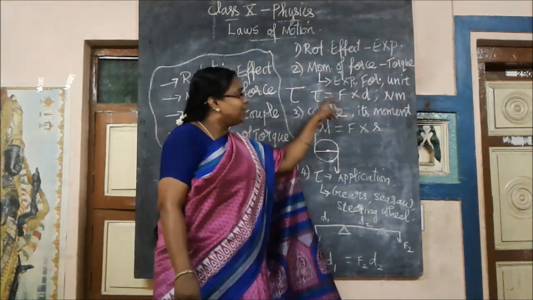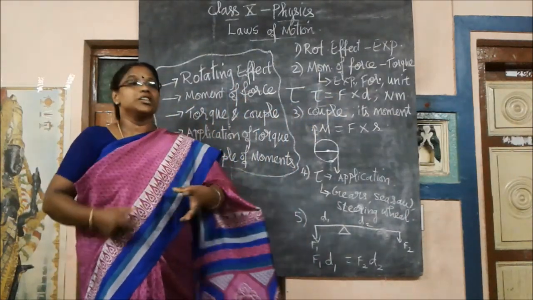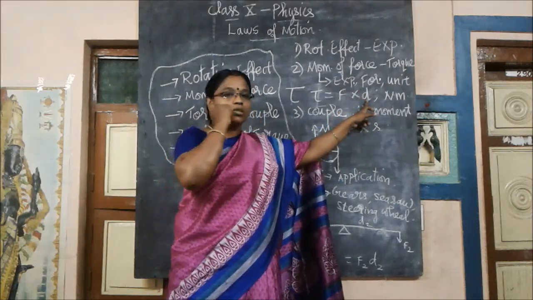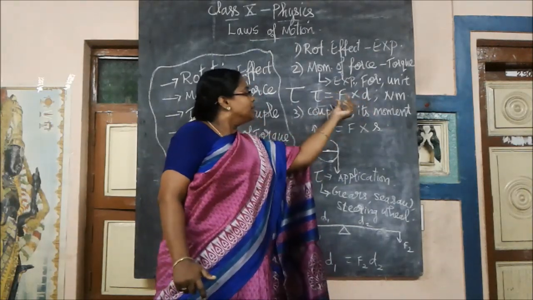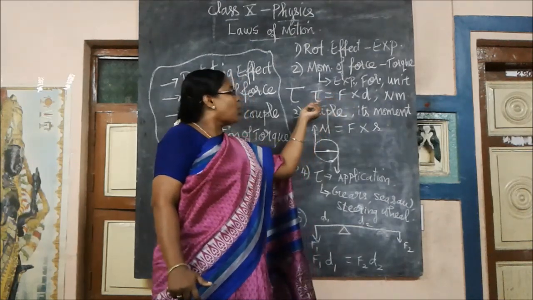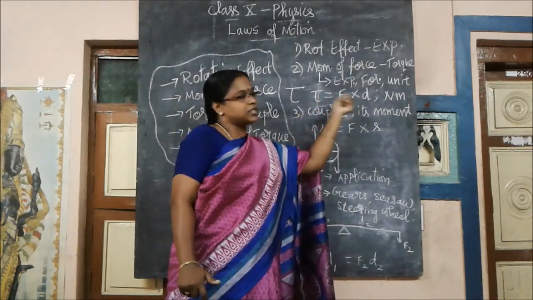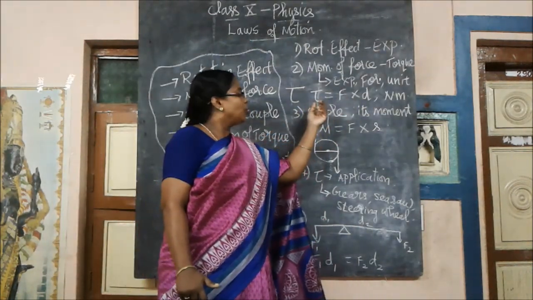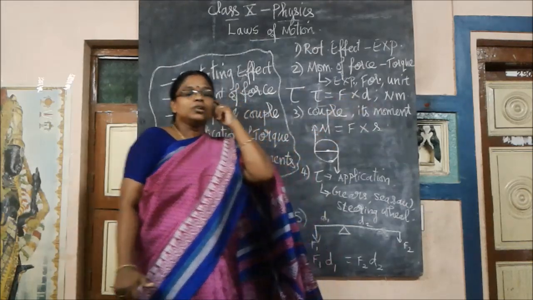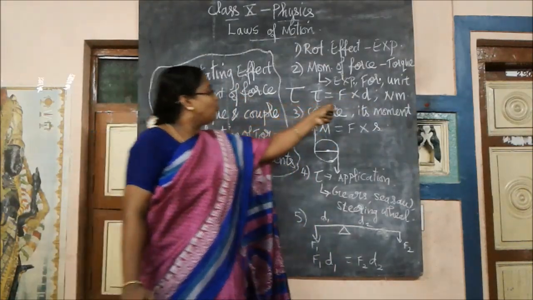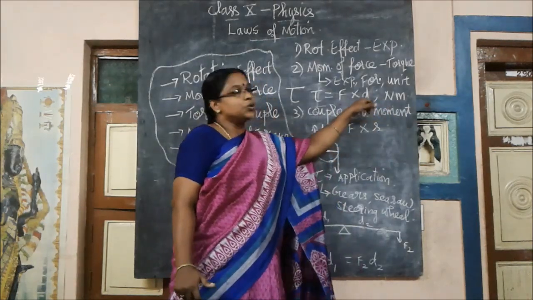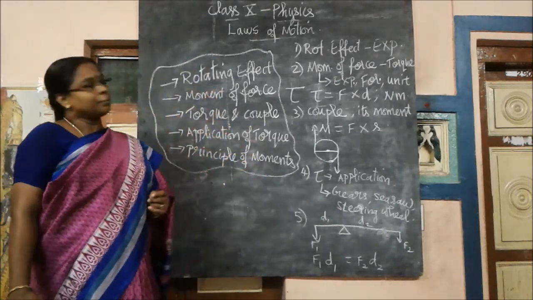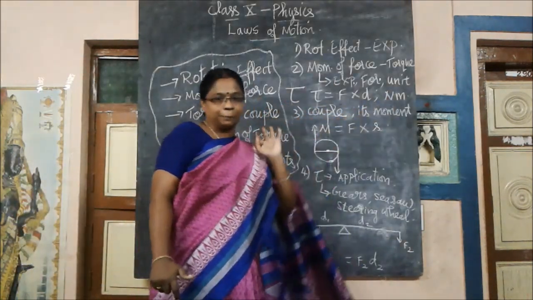It is obtained by the combination of force applied and the distance where the force is applied. So it is mathematically expressed as torque is equal to force into distance. So this is the mathematical explanation: tau is equal to F into D. Coming to the unit, force unit is Newton and distance unit is meter. So what is the unit of torque, which is moment of force? It is the Newton meter.